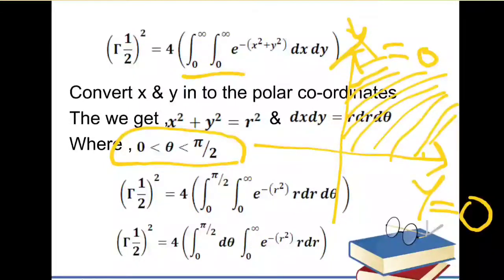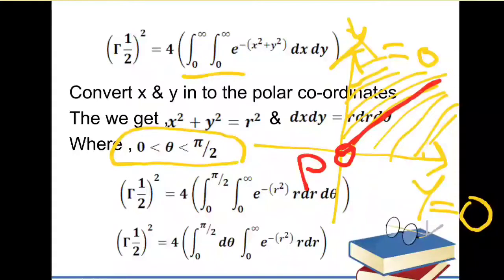Now we are converting the limits into polar form. That means we draw a strip which passes through the origin, because we are converting limits into polar form. So in polar form we always have to take a strip passing through the origin. So this is the strip. Here point P and point Q are at infinity. So r starts from 0 up to infinity. That means corresponding to the radius, the limit of r is 0 up to infinity, because the radius corresponding to this term is infinity.